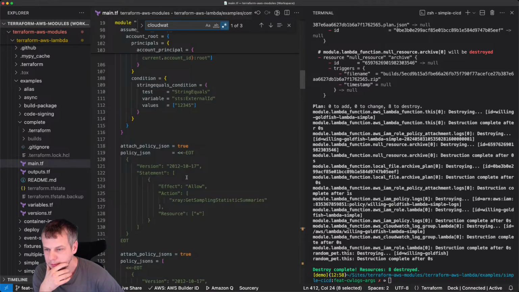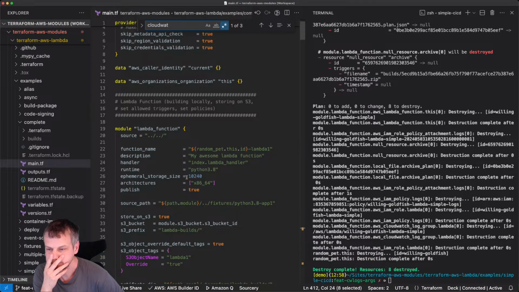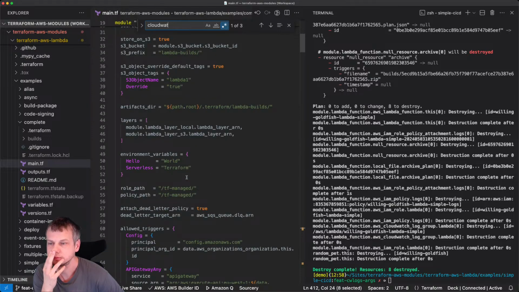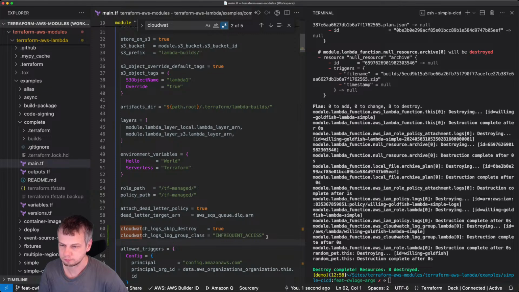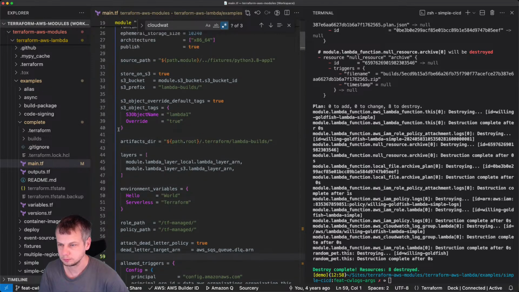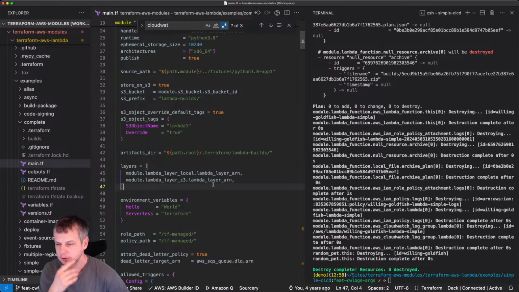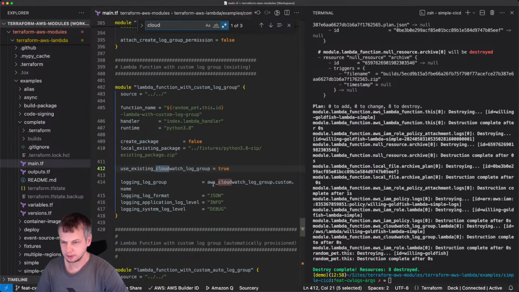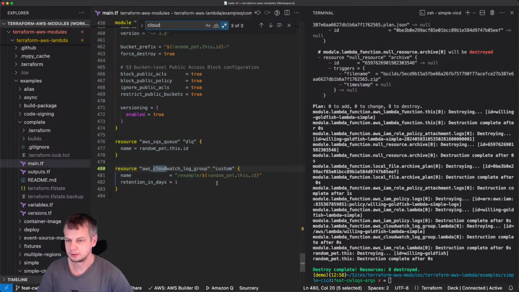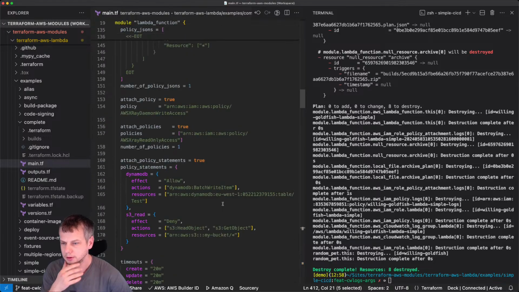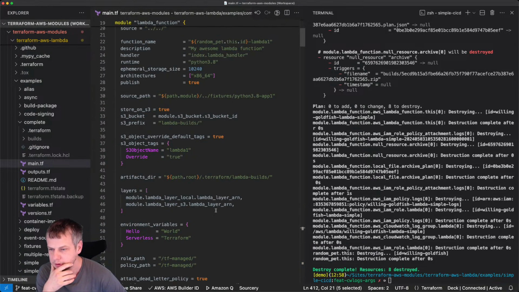Where is the best place to put it? CloudWatch. There is no CloudWatch section, so I'm not sure where to put it.